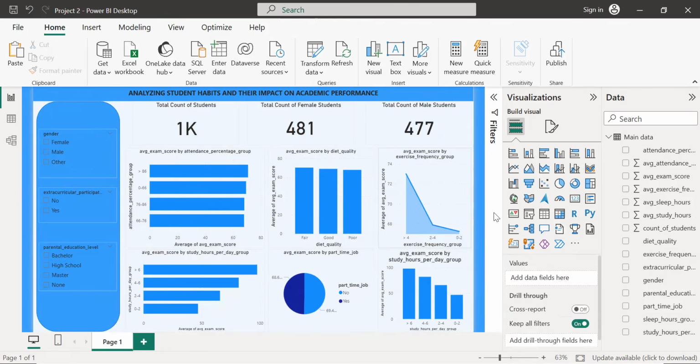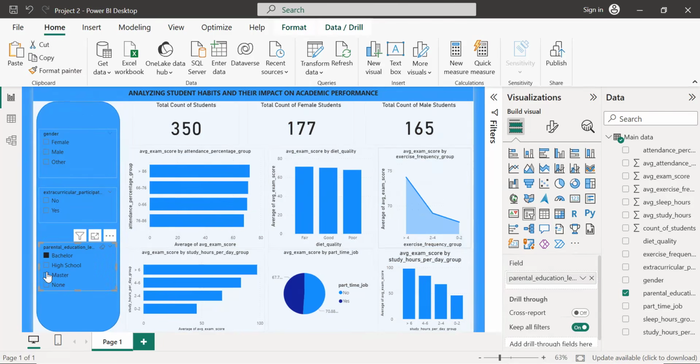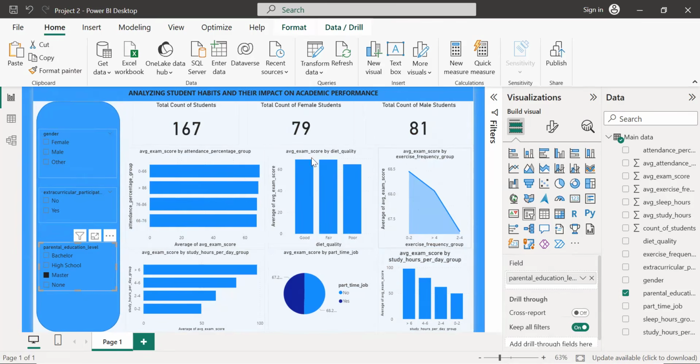But if you can have very accurate, clean data charts that are communicating something, and you also make them attractive, even better for you, you'll be able to keep people's attention spans for longer. So we've been able to create our very dynamic dashboard. What we've seen from this dashboard is, number one, there's a correlation between study hours and average exam scores. And there's also a correlation between average exam score and exercise frequency, and average exam score and hours